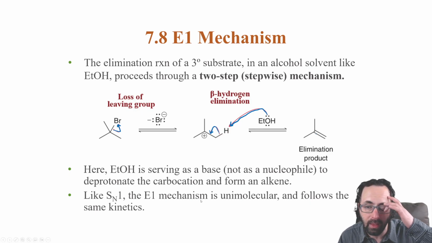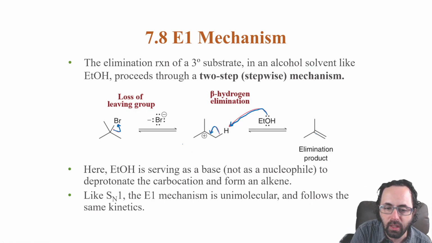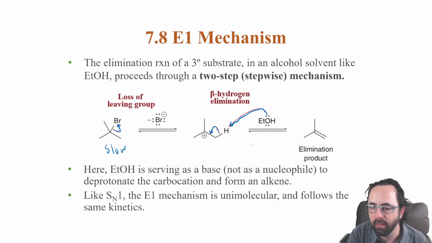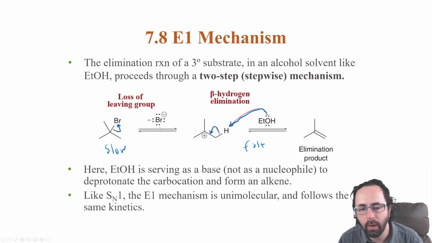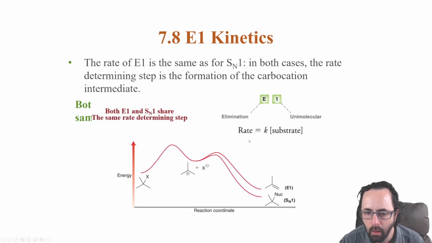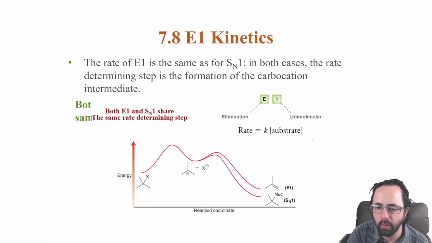So the E1 mechanism here is unimolecular because this first step is the slow step, which decides all of the kinetics, and then this step that goes afterwards is fast. And so the rate all depends on this first step, and that first step is unimolecular, and that's where the 1 comes from in E1. The rate only depends on the concentration of the substrate. You can see that here in terms of activation energy. The first step here,